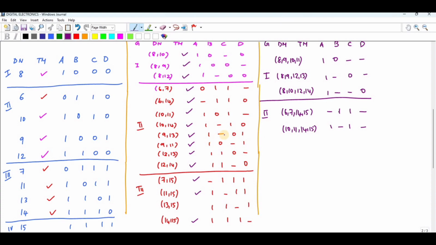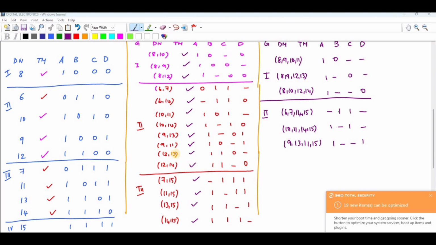Then 9, 13 and 11, 15. So you can see 1 dash dash 1. Okay, next 9, 11 and 13, 15. This we have already given a tick mark. Next,